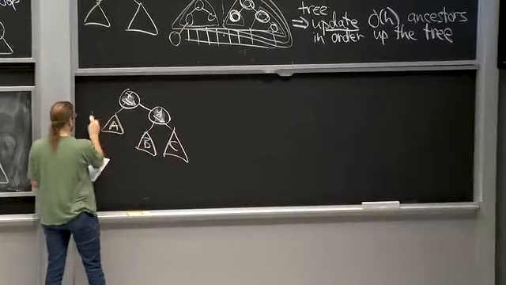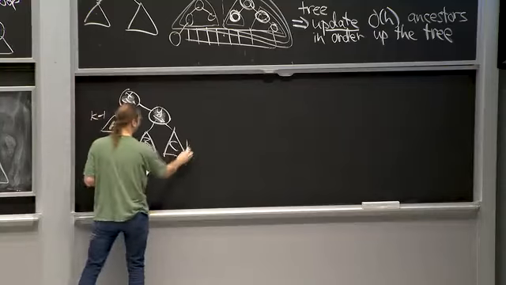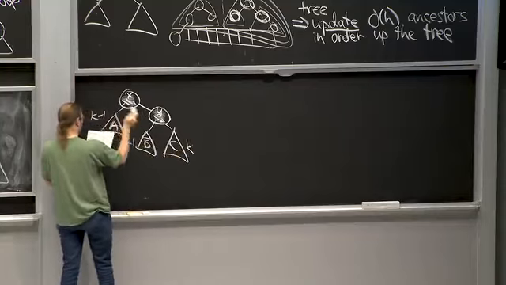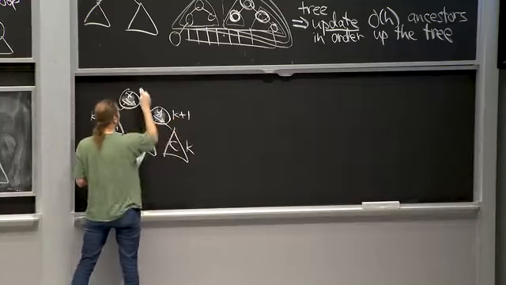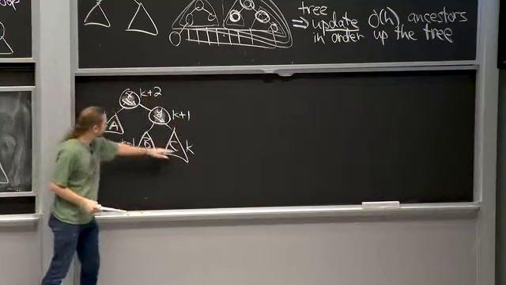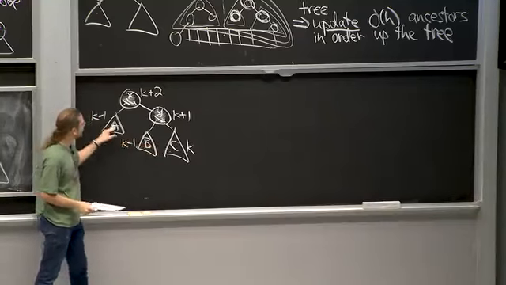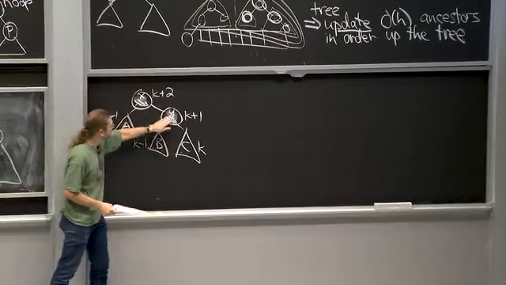I'm just going to add some labels here to make this picture consistent. K plus 1, K plus 2. I'm writing the heights. So this is an example where C is taller than B. A and B are the same height, and then if you compute the heights up here, indeed, this one is